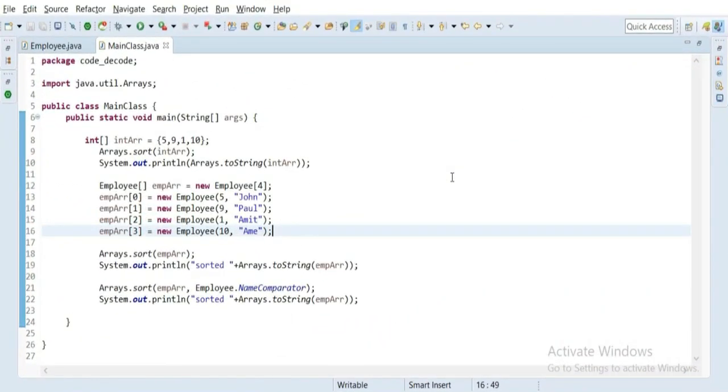So in the previous two videos, we have seen in the first video why we really need Comparable and Comparator, as in, if we don't use it, what error Java will throw on our faces. In the second video, we have seen how to rectify that error with two methods, that is how to implement Comparable. Secondly, we have seen how to implement Comparator. And now in this video, we are going to see the differences between Comparable and Comparator and their advantages and